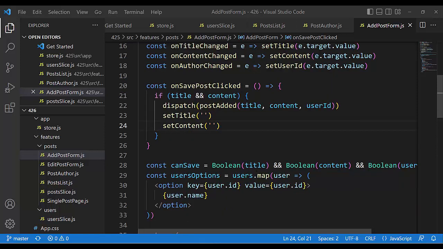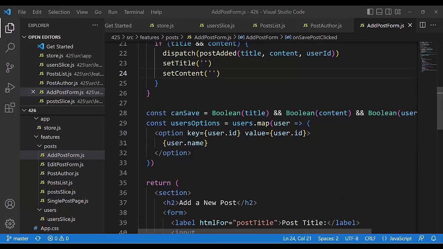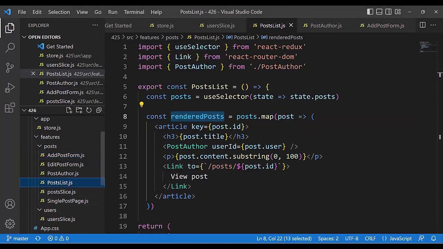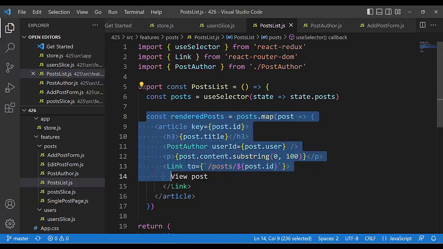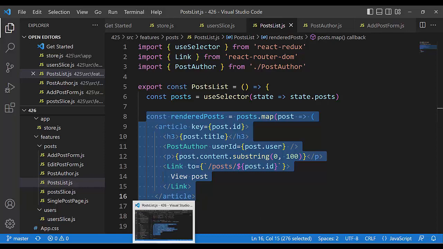And after that, use selector in post list takes all those posts, and here constructs the completely visible part of the HTML. What we see complete here